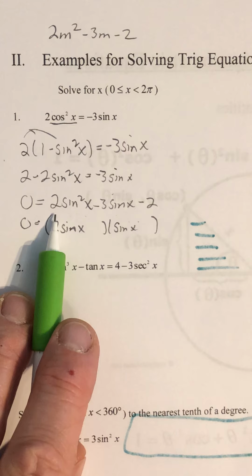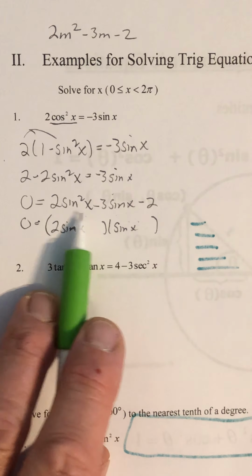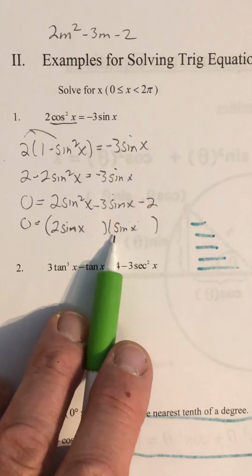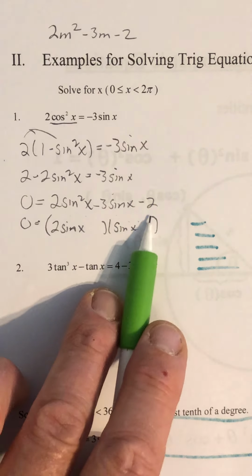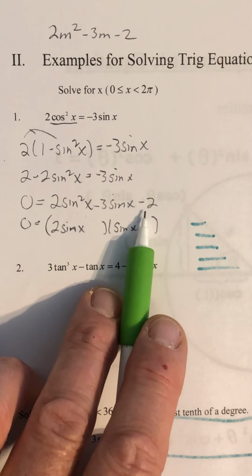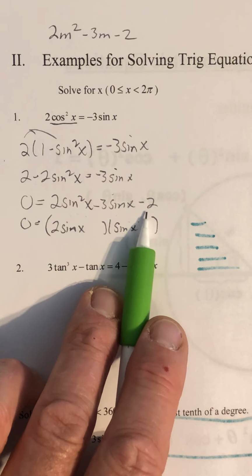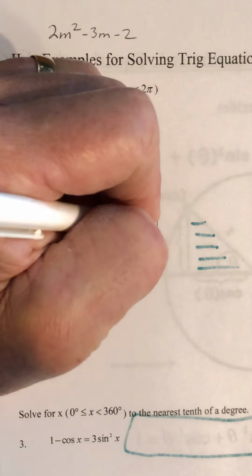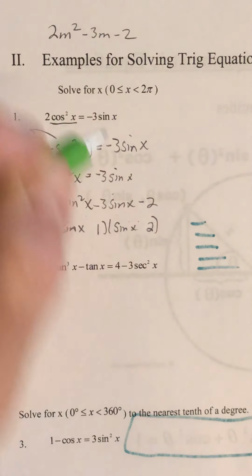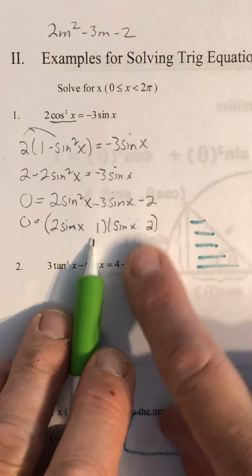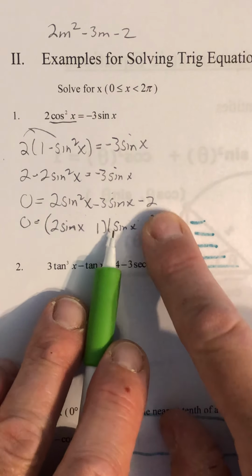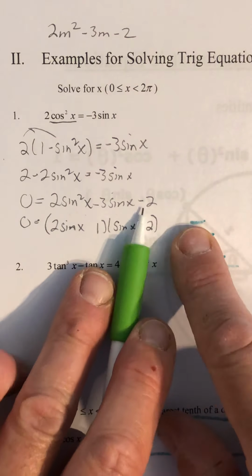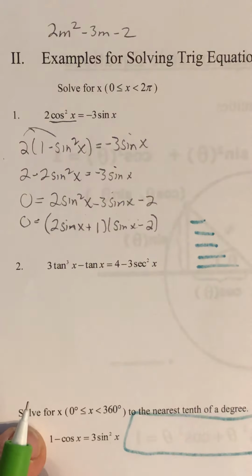Two is prime, so to get 2 sine squared x as a product, it's got to be 2 sine of x times 1 sine of x. And then we got to get some products here, 2 numbers that multiply to be -2, but also produce this right middle term here. And if I put the 2 there and the 1 there, 1 times 2 is 2. One of these has to be positive, one has to be negative to get a -2. And the middle term's got to be negative, so I'm going to make this negative and that positive. Okay? Now,